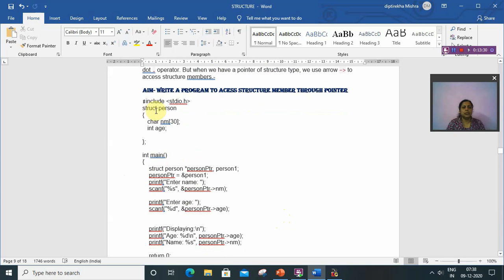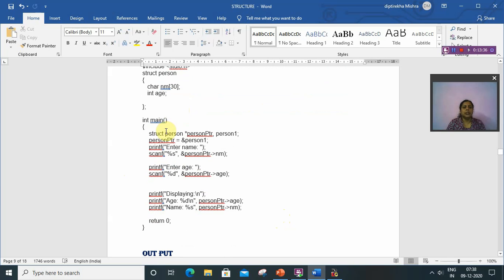First of all we have declared a structure person having name and age as members, and in int main I have declared two variables. Here look at it, person1 and *personptr. What is personptr? The asterisk personptr means it is a pointer variable of structure person type.